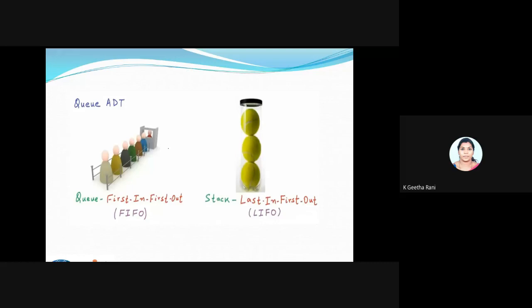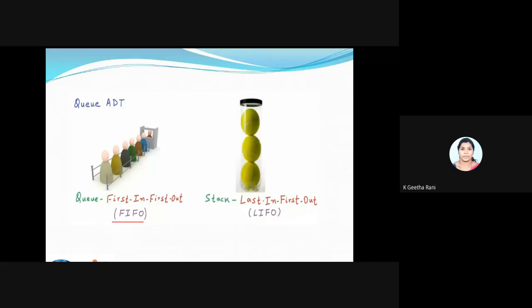Now it's a very simple comparison between the stack and the queue. You can see here I'm having a queue. It tells you about people standing in a queue for getting a ticket. So we have the concept first in first out.